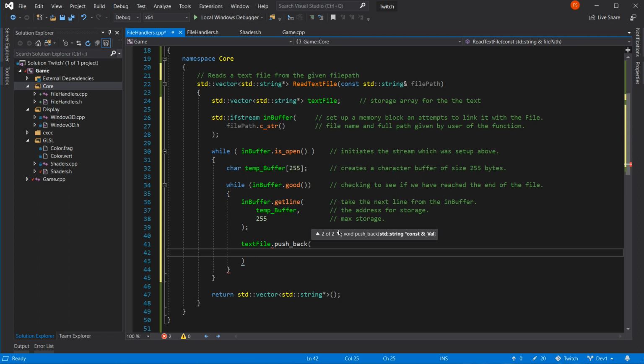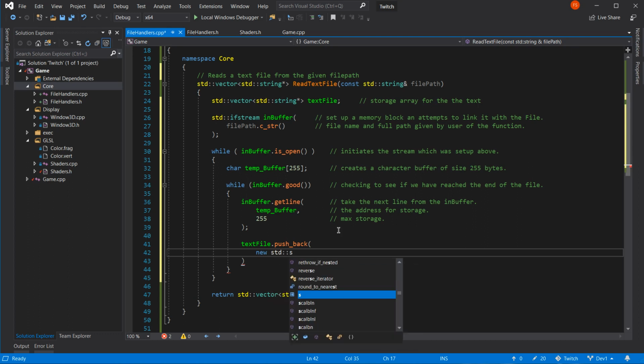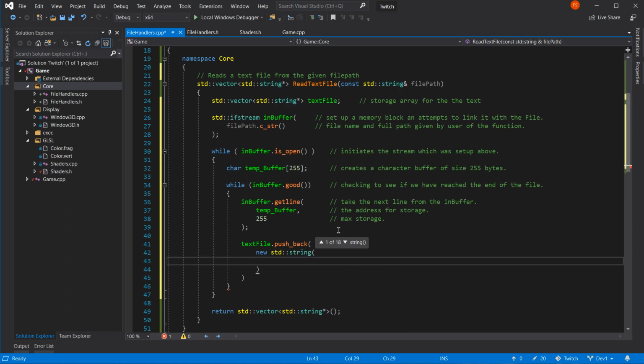It's just going to be temp buffer, but it needs to be new because we've got star. Right, so I put standard string star, so we have to make a new string out of what we have. So it's a new std::string, and that's an open bracket again, which is annoying.